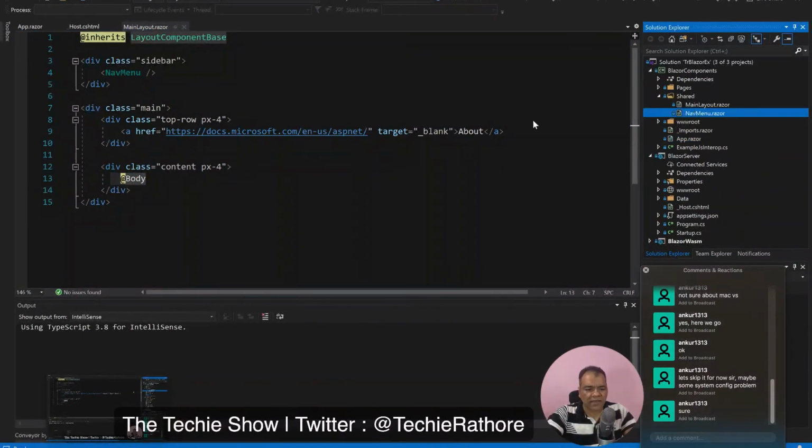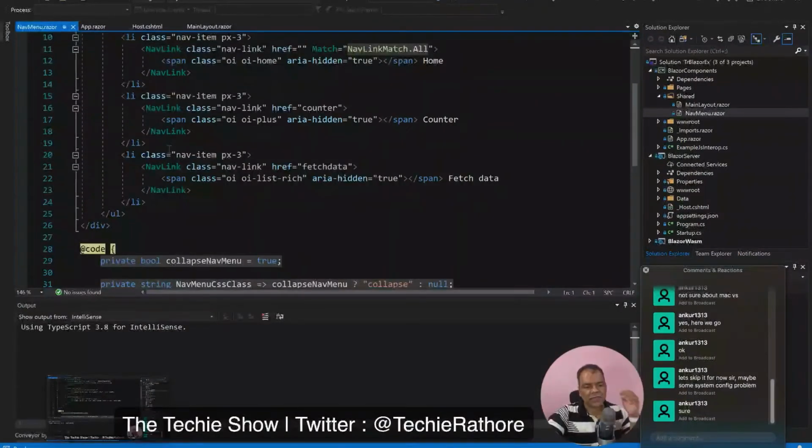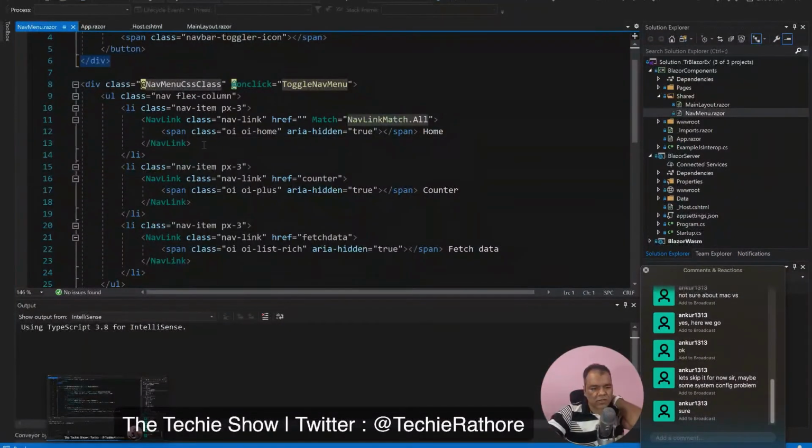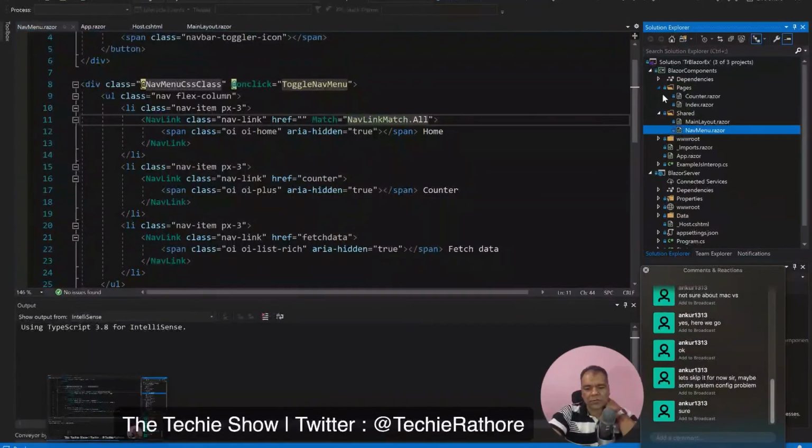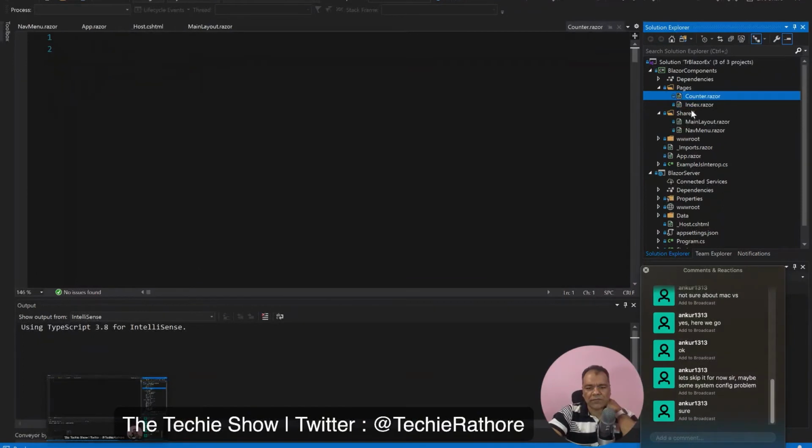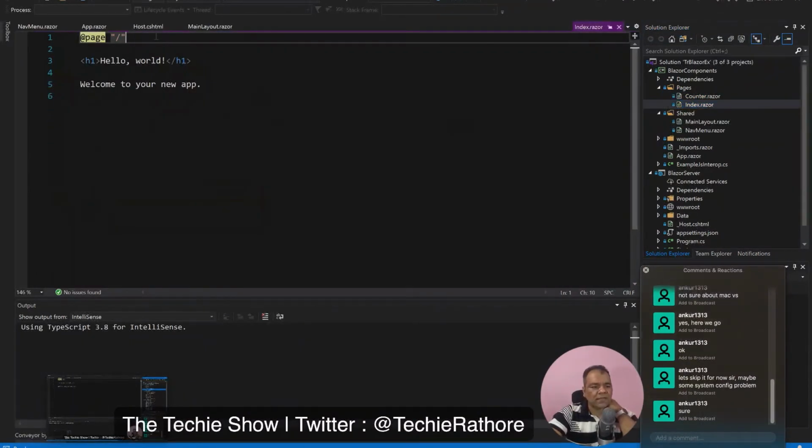And if we see this NavMenu, this NavMenu contains these links. If you see here, this is your first link, that is your default. This href blank means that this is the default page. When we open this one, href default, if you see here in our Pages folder, we have Index and Counter. When we see Index, see here this @page. This is the identifier to show the page. This slash means that this is the default page. So if somebody doesn't give anything on the URL, it will show this page.